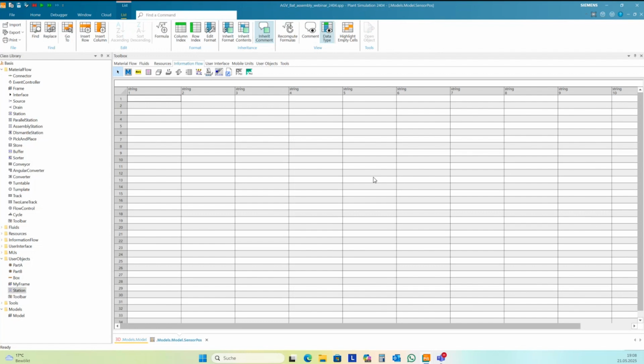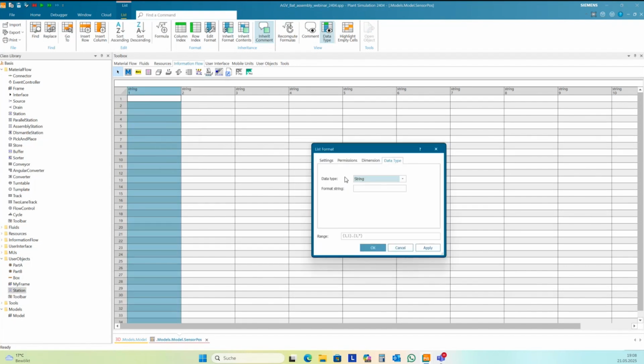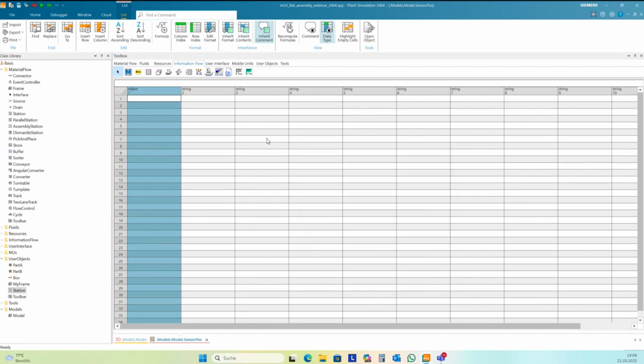And so it can be very easy. I just need one column of type object. And if you don't mess up your sensor ID numbers, then it should be M1, M2, M3, M4, and M5.